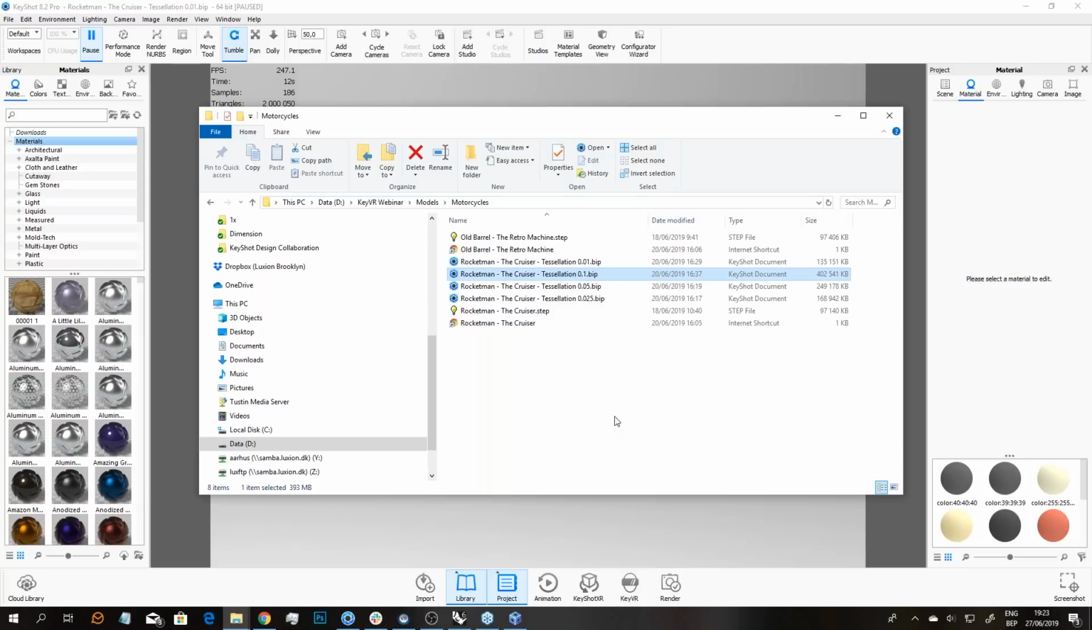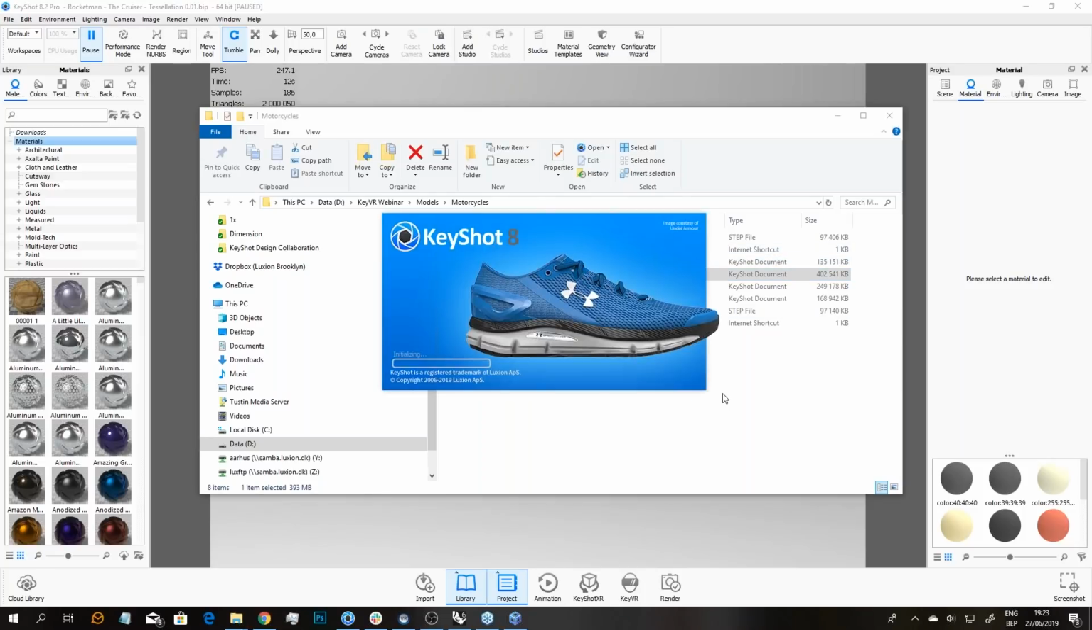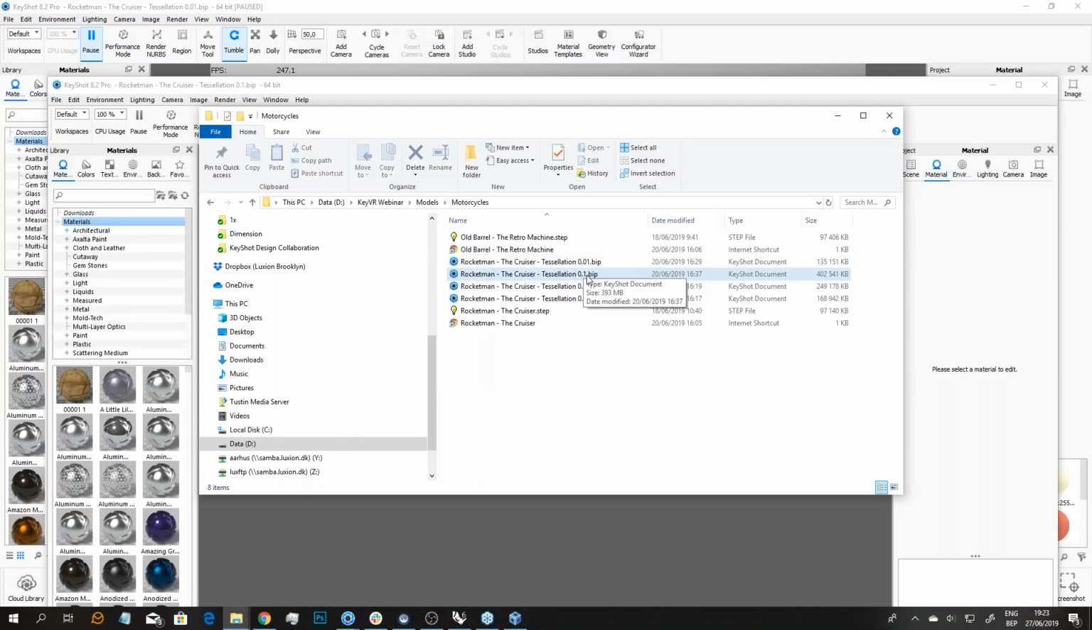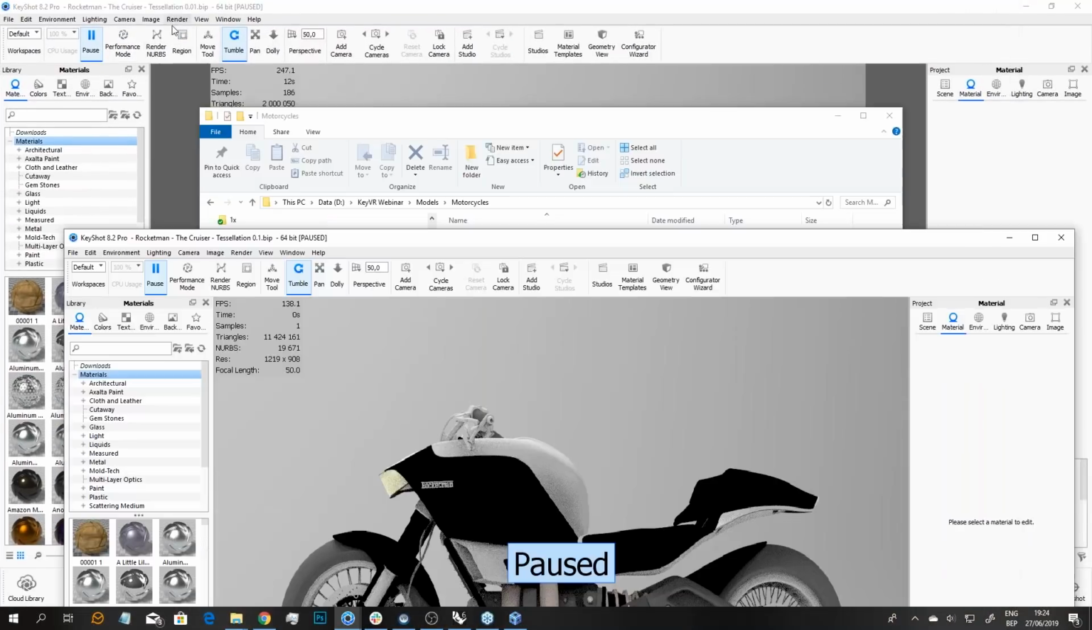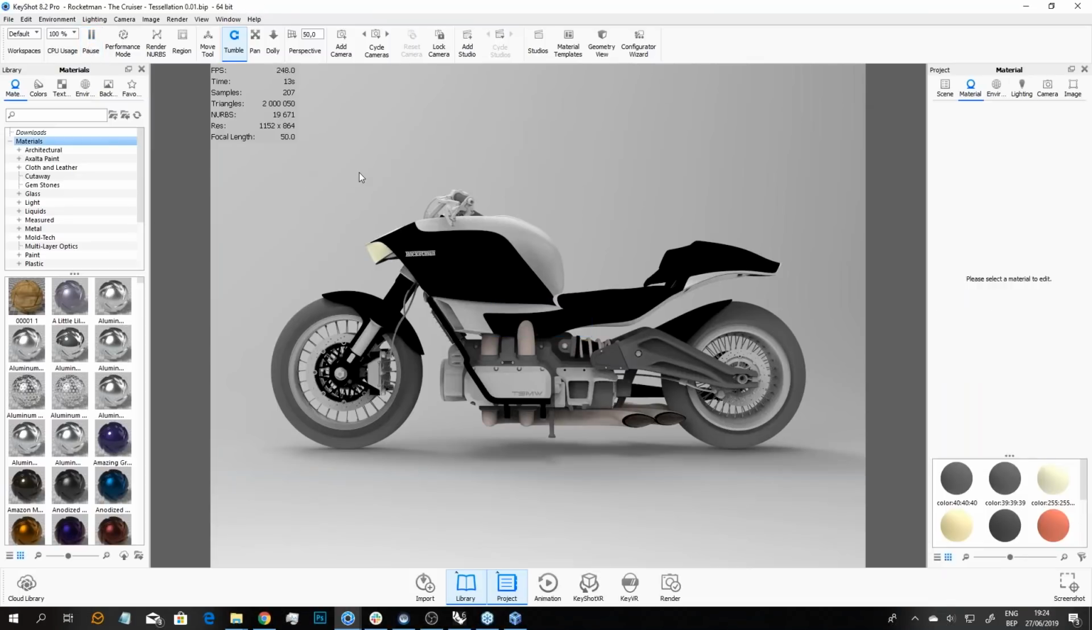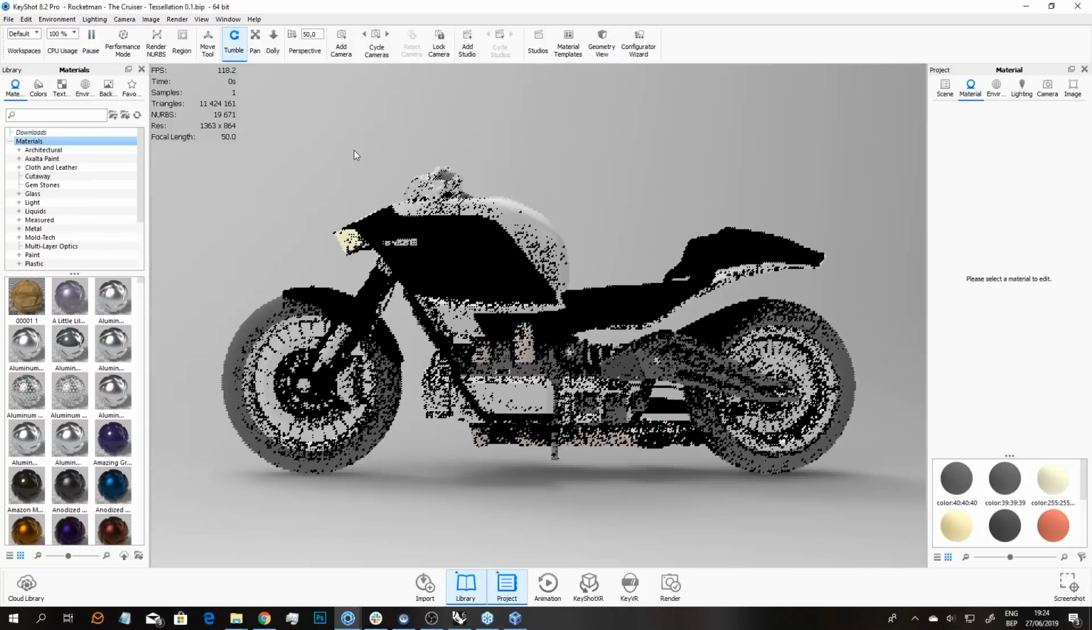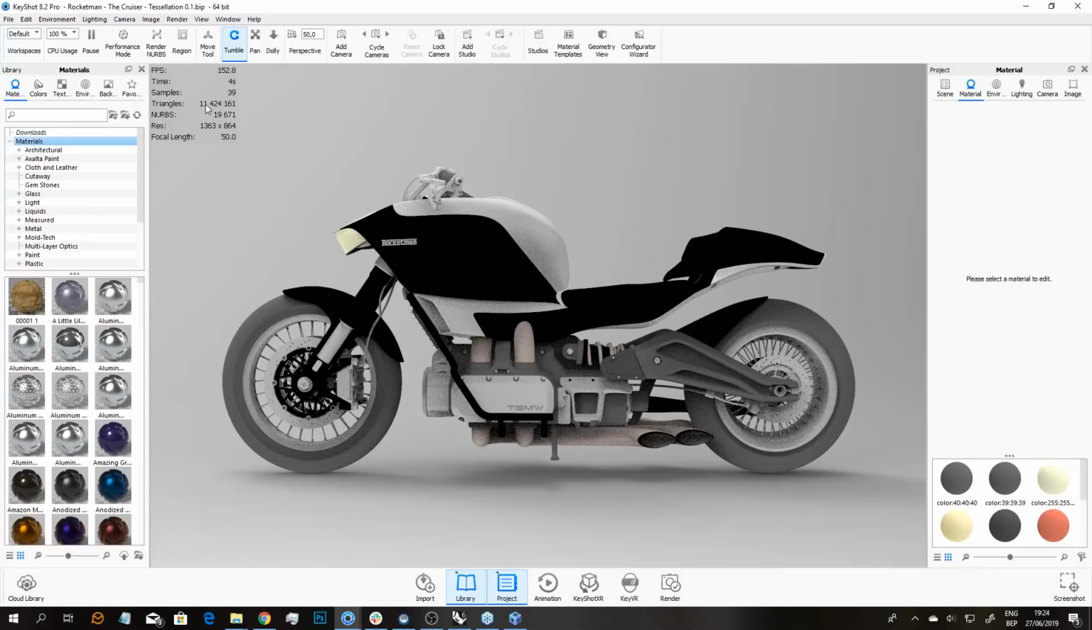Now let me pause this and go into this folder again and use the much larger tessellation, the much denser. This is imported with 0.1 tessellation. This one, the lower tessellation, has 2 million triangles, and this one has more than 11 million triangles, and here the performance is 150. So it's definitely less. But if we now look at this in KeyVR,